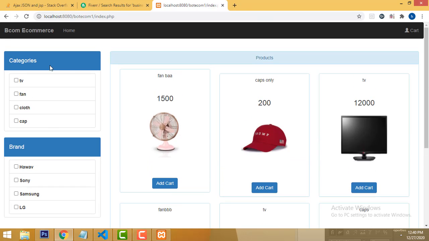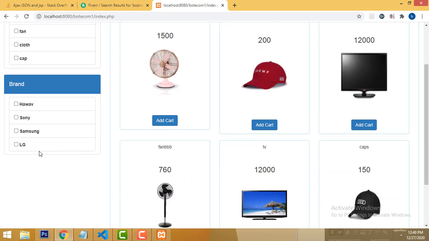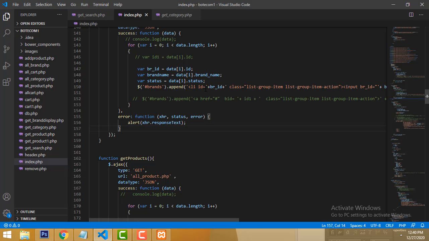In our last class we saw how to display the category part. In this class I am going to teach about the brand part, right? How to display the brand, right? So here